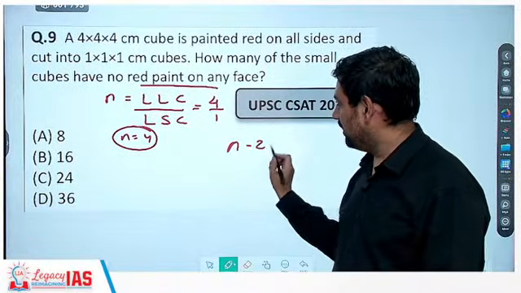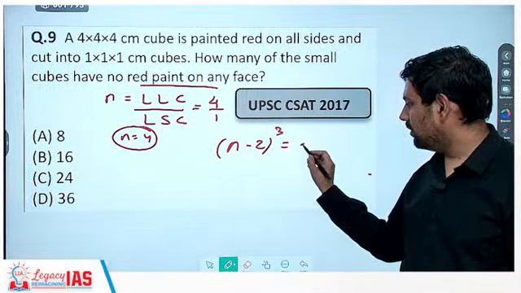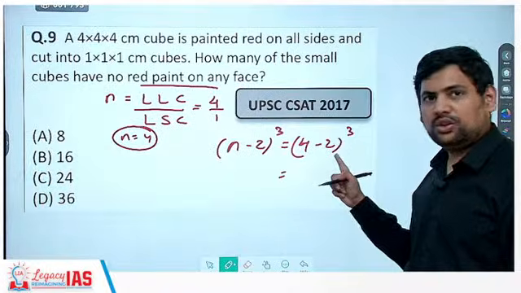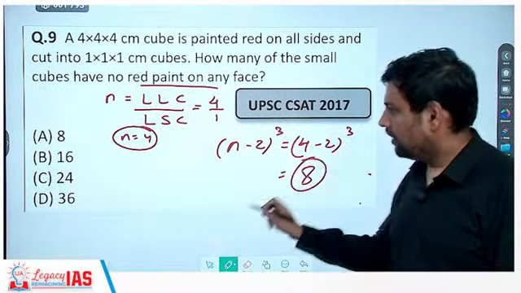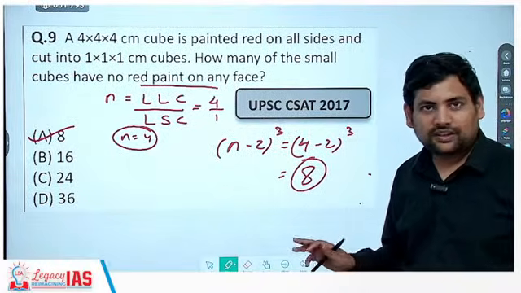That is no face color, that is n minus 2 whole cube. Now you put 4 here, 4 minus 2, 4 minus 2 whole cube. 4 minus 2 is what? 2, 2 cube is 8. So the answer becomes, which has no face painted, 8. Fine. Then